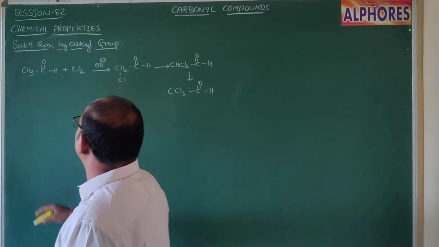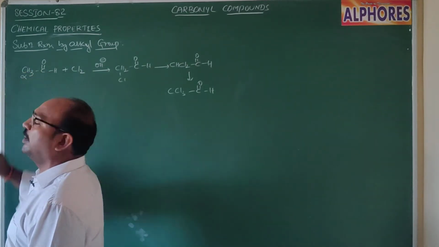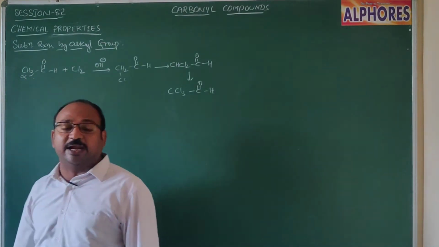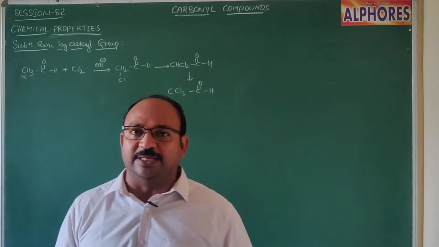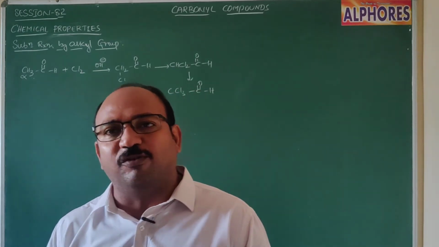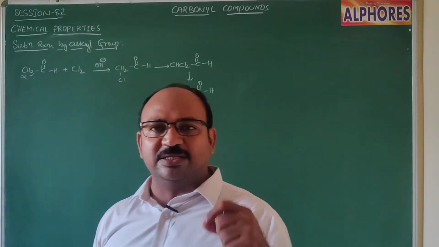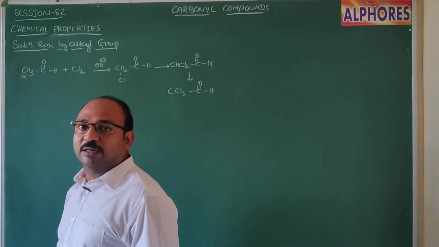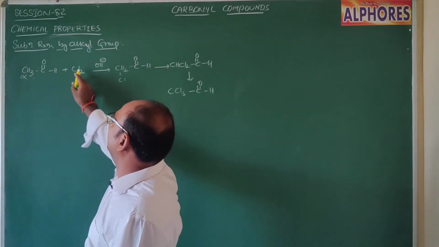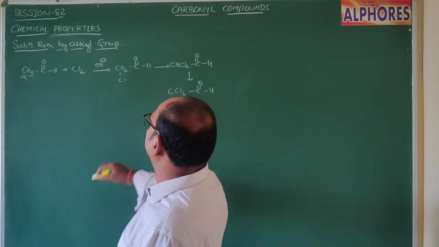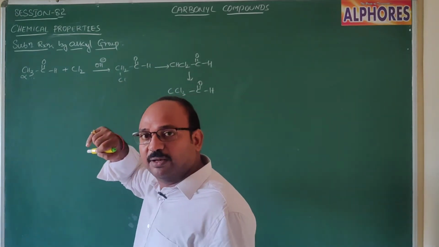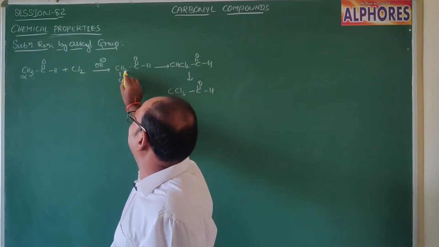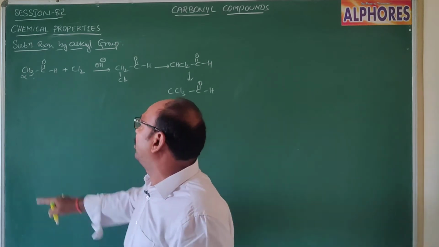Here, this carbon is the alpha carbon with respect to C double bond OH. The adjacent carbon is called the alpha carbon, and the hydrogens on this alpha carbon are acidic hydrogens. When we are using an alkali base, obviously in the presence of base halogenation takes place easily. So when the base abstracts a proton, the carbon attached to Cl in the monochloro compound, after replacement of one hydrogen with chlorine, has hydrogens that are more acidic compared to acetaldehyde.